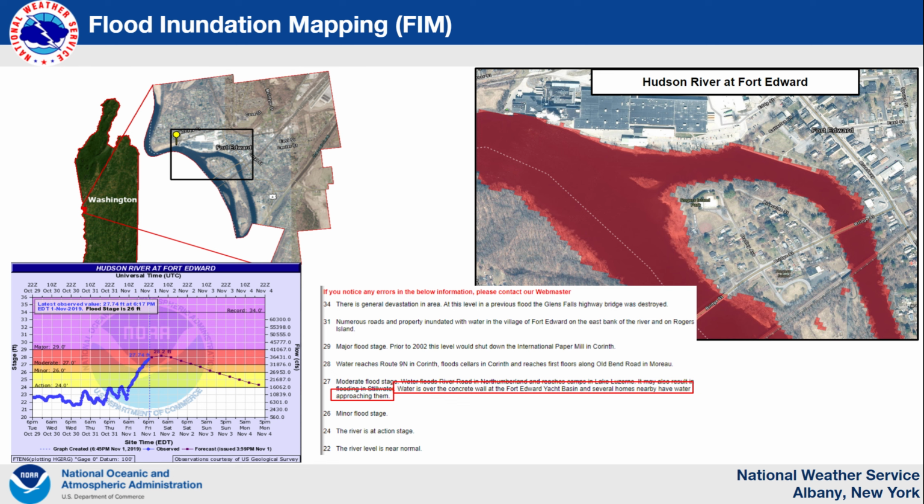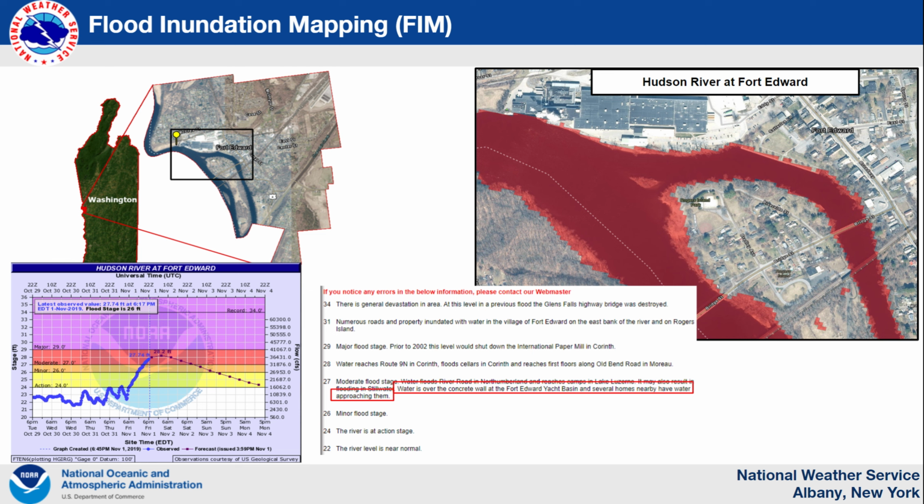So at 27 feet, you have water over the concrete wall at the Fort Edward Yacht Basin. Several homes nearby have water approaching them. That is definitely good information, but it is still very vague. It doesn't really give too much of an information of which several homes nearby could be impacted. And this is what the future of flood inundation mapping will be on the top right. It'll actually be a much more high resolution image showing that at that certain stage of 27 feet, what will